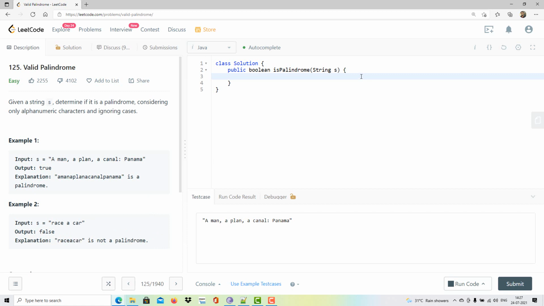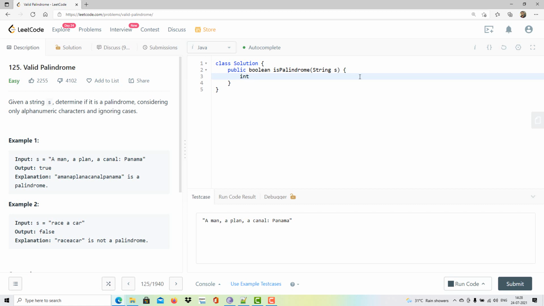Okay, let's see an algorithm for it. What we are going to do here is take two pointers. One is pointing to the first character, another pointer will be pointing to the last character, and if there are any special characters we will skip them from the left side as well as from the right side. If they are characters or digits, then we will ignore the case and compare if they are the same or not. If they are not the same, then it's not a palindrome, so simply return false from that point. And if they are the same, then just move ahead. Let's see the code for it.